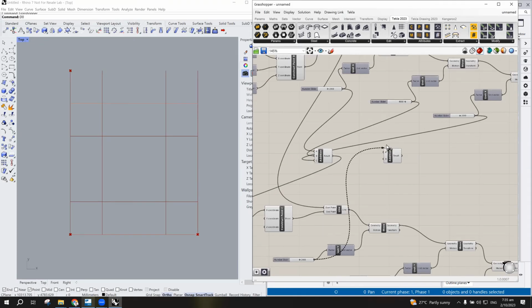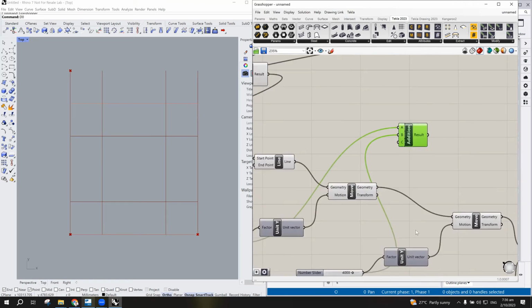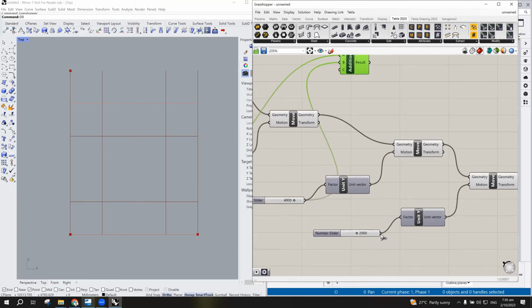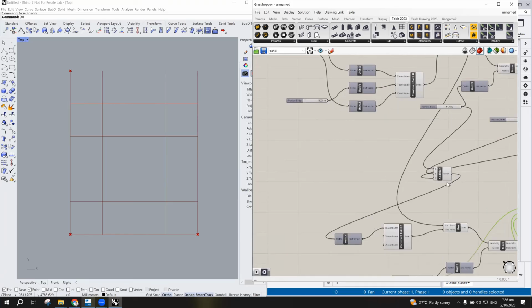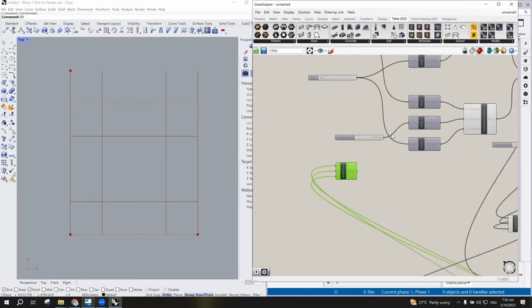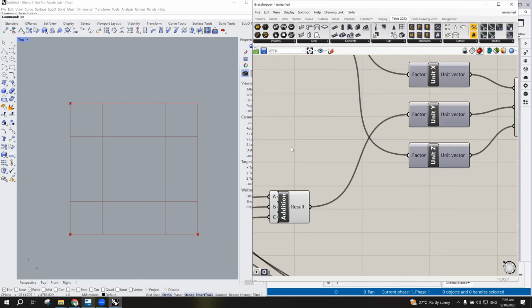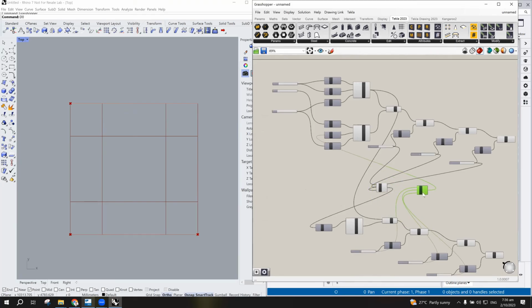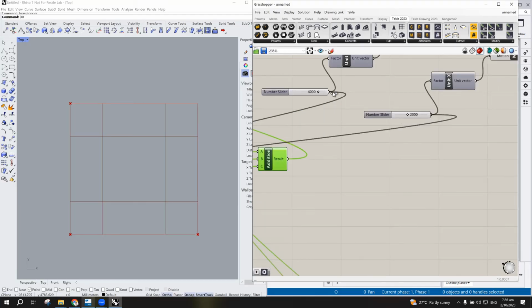So here, 1, 2, plus, and then 3. And then this one should be for Y. So just simply move it here and then close it, and that's it. So now you just move it here. So I have the X, I have this addition to Y. So whatever the distance you put here, see,